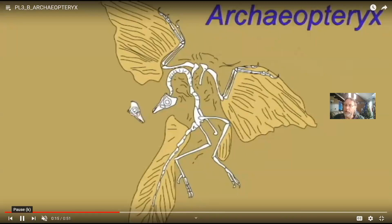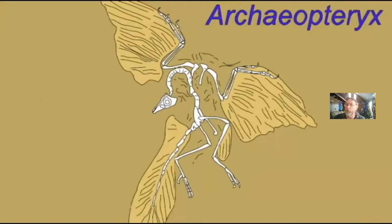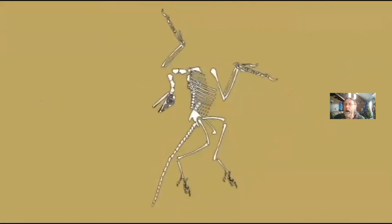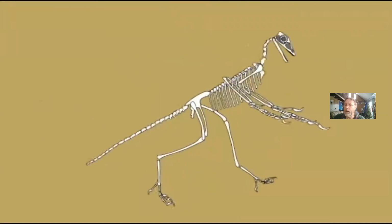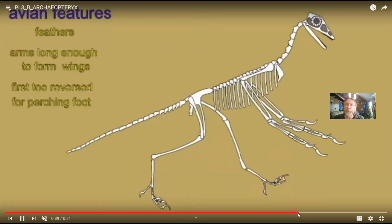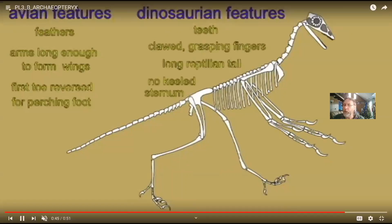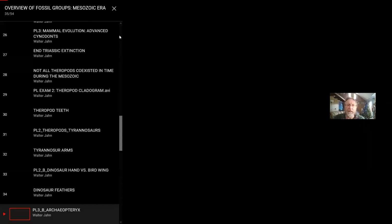When birds first appear in the middle of the Jurassic period, they are not the birds of today. There are no sparrows, there are no ducks, there are no herons, there are no hawks. And instead, the birds remind us very much of dinosaurs. They have clawed, grasping fingers. They have a long reptilian tail. They still have teeth in their jaws. So they certainly are a mix of the features which we associate with birds, making them distinguished from any modern reptile. But then they also had a number of dinosaurian features which make them different from any bird that's alive today. So while birds descended from dinosaurs, they